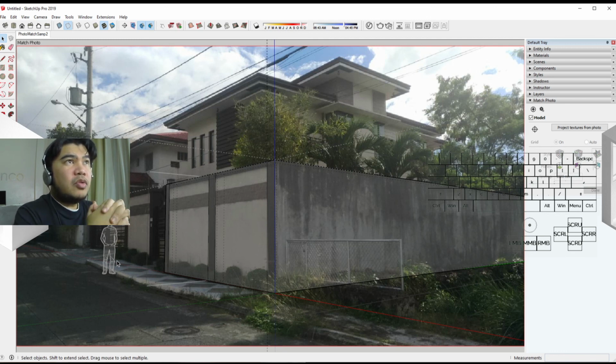We can probably move on to something else, but let me just think about it, because there might be something else with photo match that we haven't really talked about yet. Projection of textures, while that is pretty interesting, you don't really want that if you're going for a more realistic render. So let's leave it at that for now,